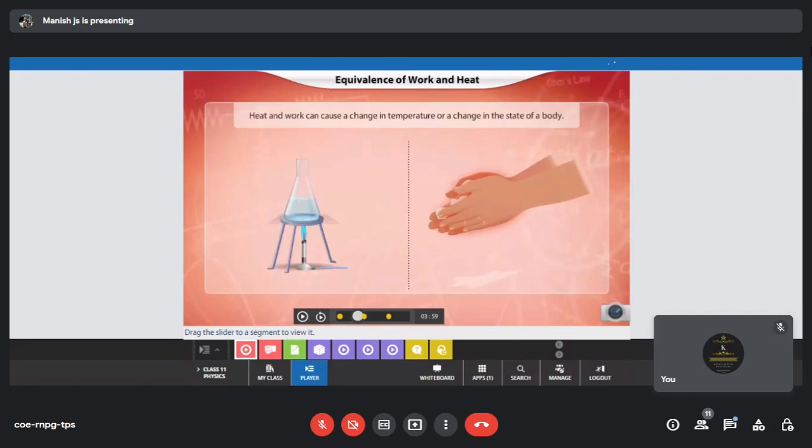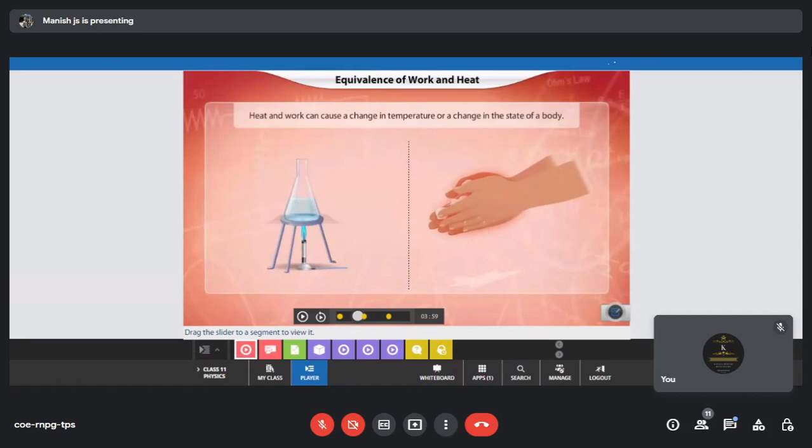Here they have given two situations. On the right side, they have taken ice cubes and are rubbing them in their hands. So when you rub, what happens? There is friction produced, and because of the friction, heat energy is transferred from the palms to the ice cubes. So the ice cubes tend to move against each other, and therefore change from solid state to liquid state. You can see that there is a change in state from solid to liquid. We see that transition.